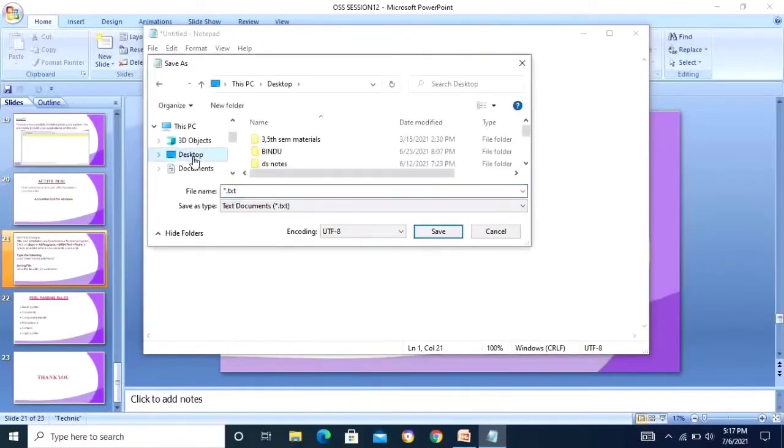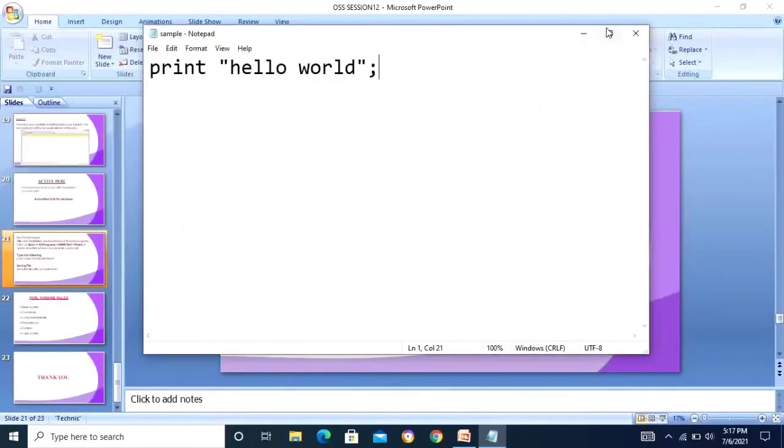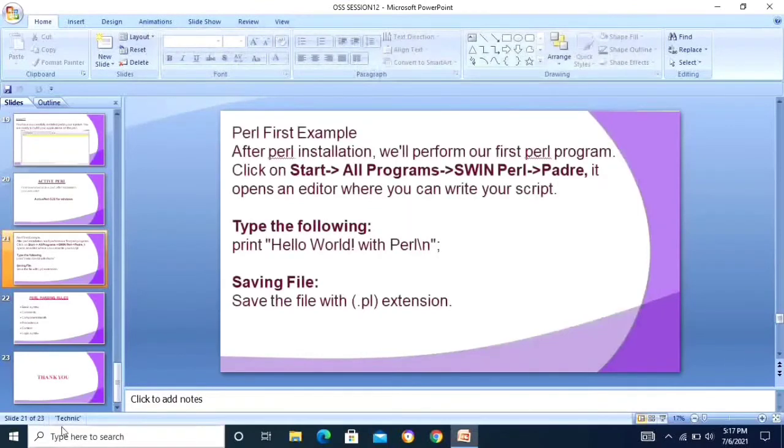So choose the desktop. Okay. Next, the file name is sample.pl. .pl is the extension. In Perl, programs are saved as filename.pl. The file name is sample.pl. So save. The file is saved.